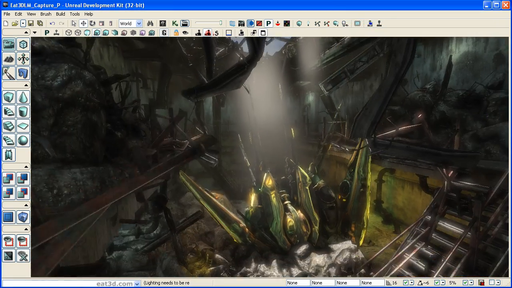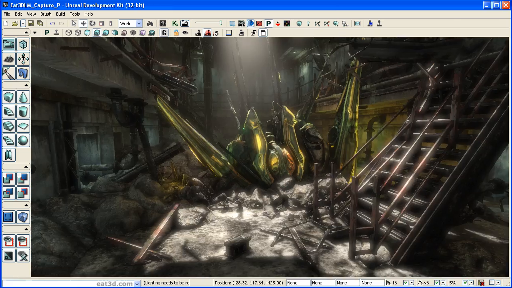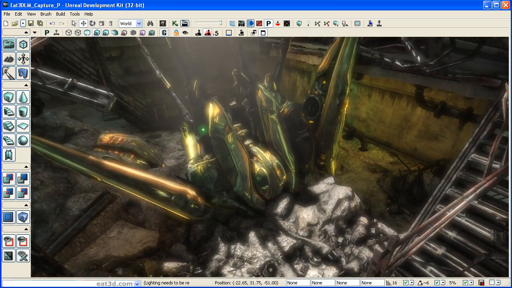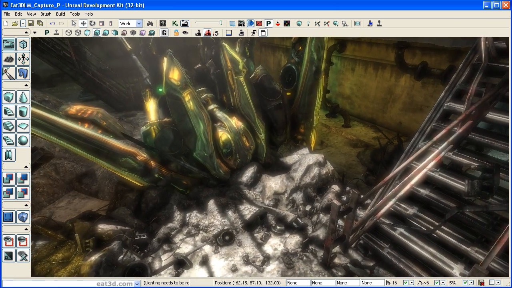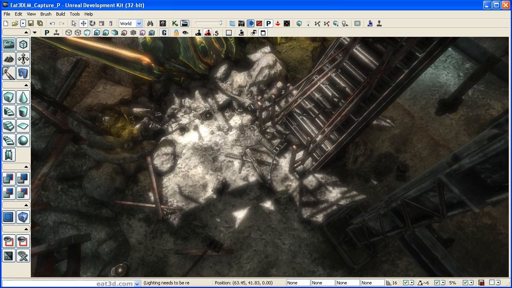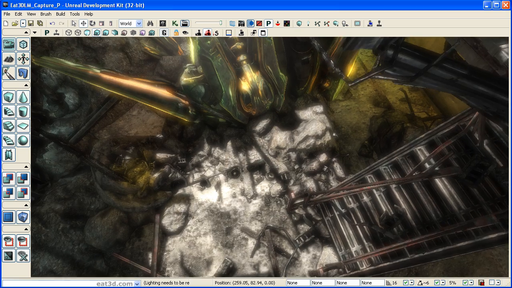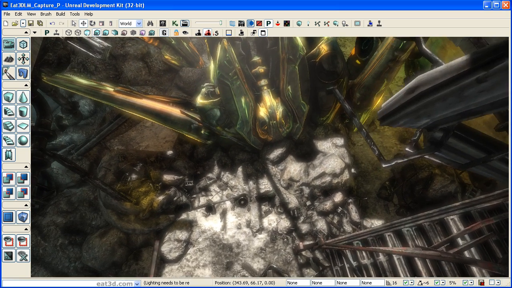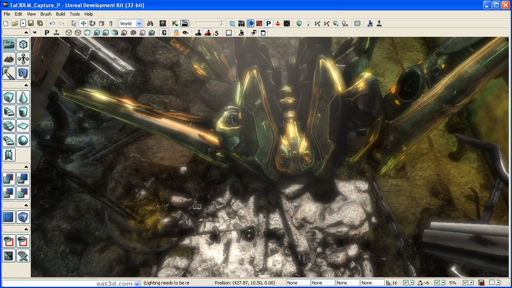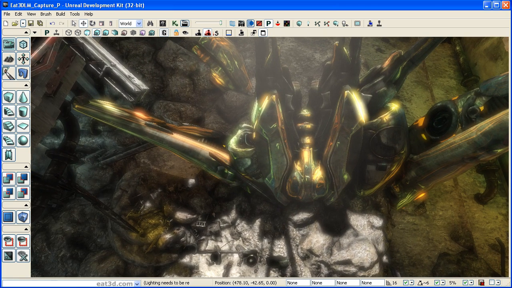Hi, this is Dave Prout, and in this two-part series on lighting and post-processing, we'll take an exhaustive look at two of the most powerful features of Epic's Unreal Development Kit. We're going deep into the lighting systems in Unreal, and we'll show you how to take advantage of everything from the earliest features such as lighting channels and light mapping to the current state-of-the-art Lightmass using the Swarm Distributed